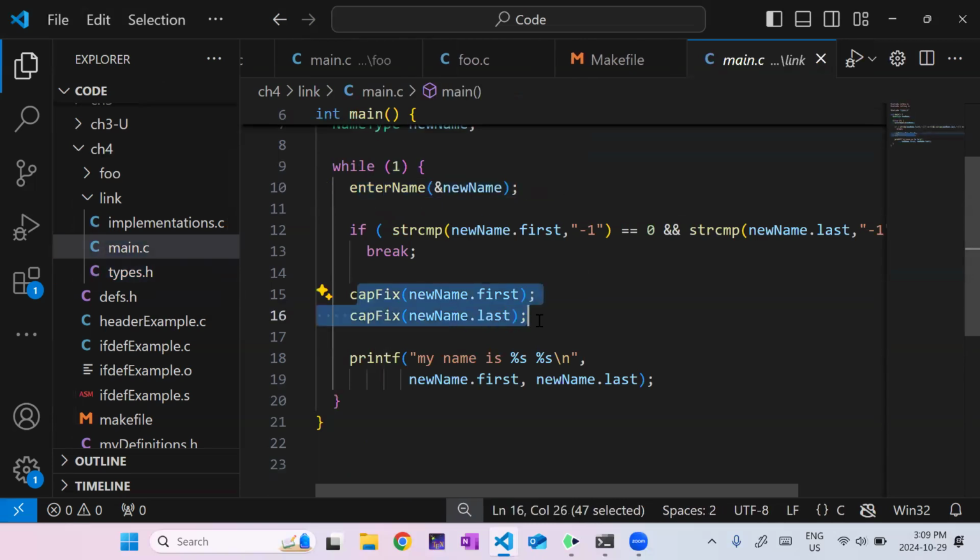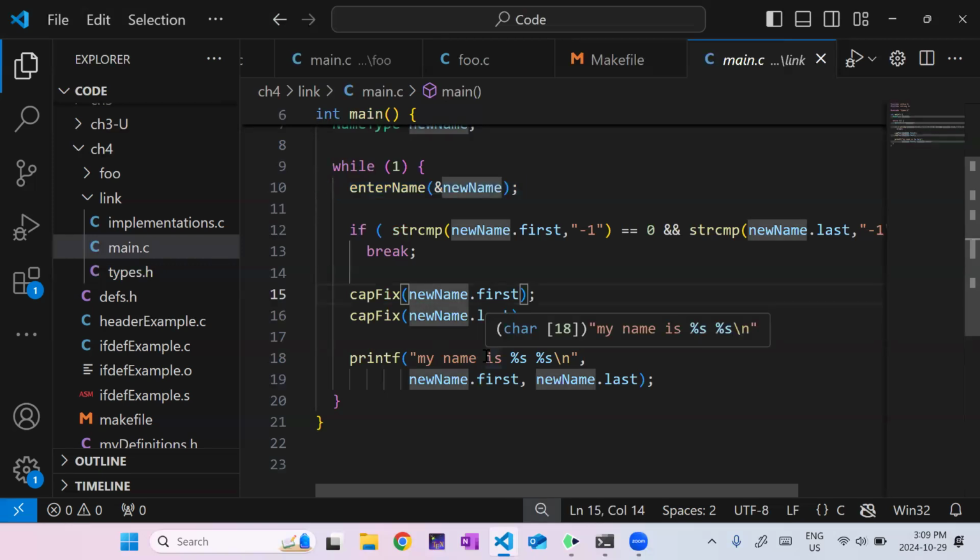Again, the compiler is not going to know what the implementation is, but it can see that I've used them correctly, right? It can see there's no syntax errors. And then I'm going to fill in the blanks later. I'm going to link these together with the implementations, and then this will create an executable.